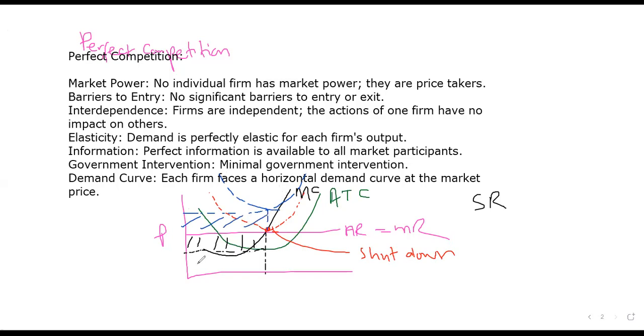So marginal revenue equals marginal cost when we maximize profits in all the markets, except that in this case, our price is the same as the marginal revenue. So the price to maximize our profit is equal to the marginal cost. All right, let's go to another market.